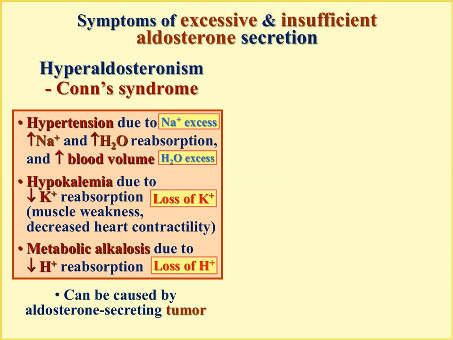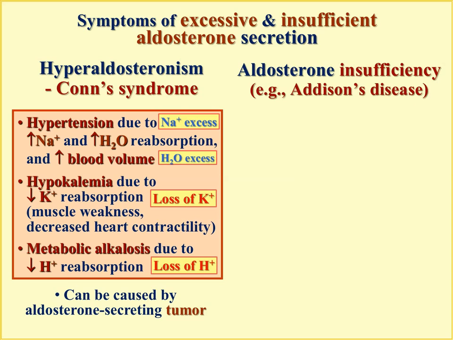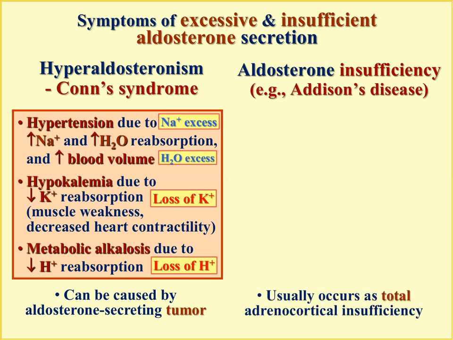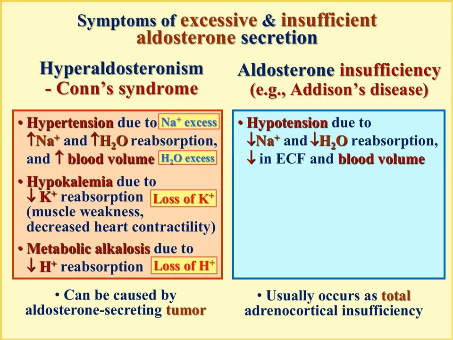And finally, everything is opposite in case of aldosterone insufficiency. For example, this is Addison's disease. Addison's disease is usually total adrenocortical insufficiency due to some damaging factors, or sometimes it's hard even to know the reason, but the secretion of hormones is greatly suppressed. So, among all